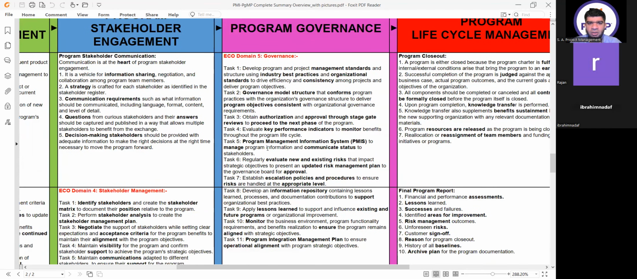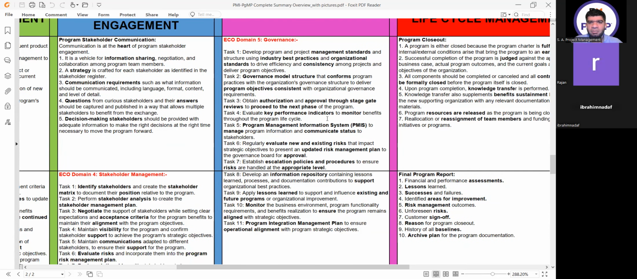And when we come to the ECO, here the important points are that we have to make management standards and structure when something is not existing, a governance model structure that conforms to program practices, and obtain authorization and approval through stage gate reviews or phase gate reviews to proceed to the next phase of the program, and evaluate KPIs to monitor benefits throughout the program lifecycle,